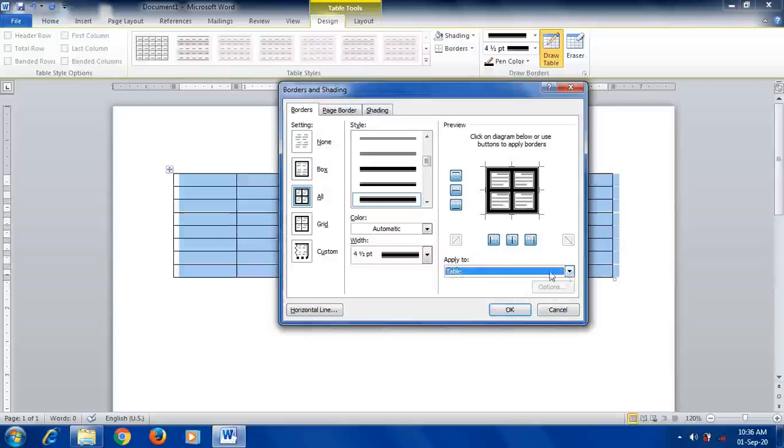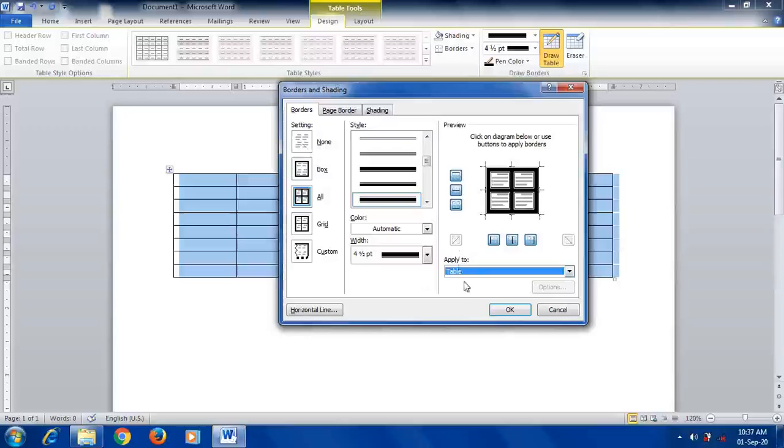So in this you have to choose All. When you choose All, then these styles will be applicable for all the rows and columns in your table. Okay. If you select Box, then this effect will be applicable only for the outside box. Next, if you select None, it means nothing will be applied. In the sense, if you want to remove the borders and shading, just click on the None option. When you select None, it will be deselected, meaning formatting will be removed.